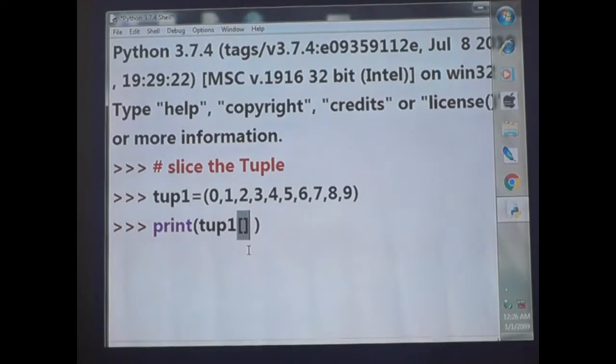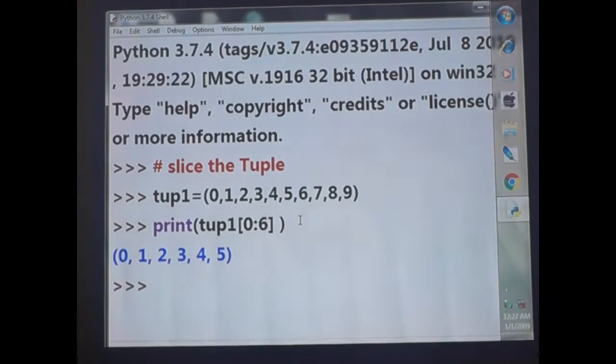So if you want to make a slice, you have to use square brackets. Okay, fine. And here if I give 0 to 6, it starts at 0 and must finish before 6. You see, it starts at 0 and finishes before 6. That means the answer is 0 to 5: 0 1 2 3 4 5. Got it? So enter, you got 0 1 2 3 4 5. You understand what I'm saying?